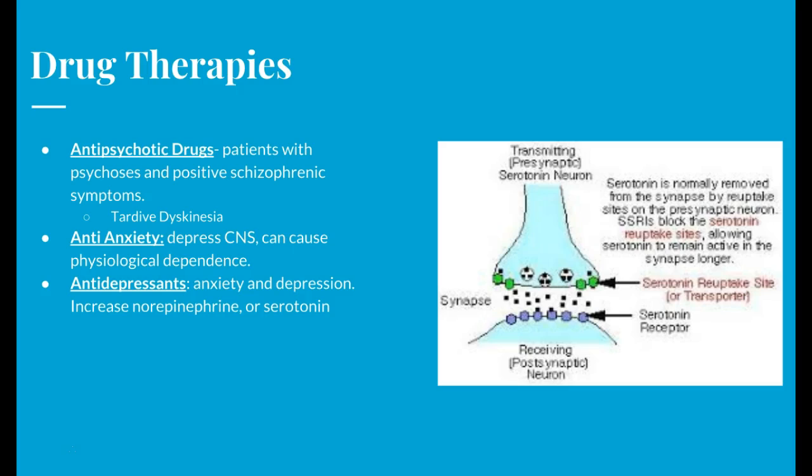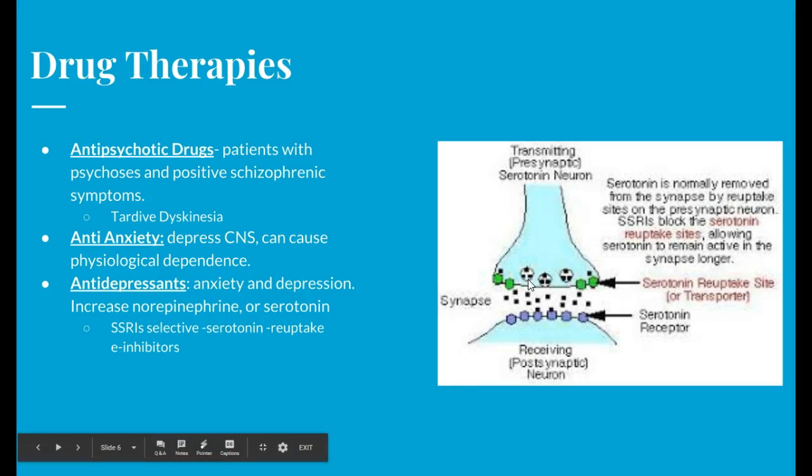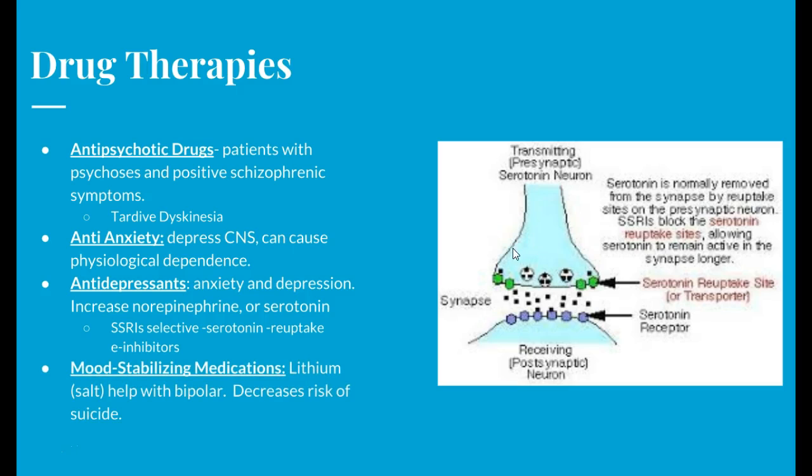Antidepressants help with anxiety and depression because they increase the norepinephrine or serotonin in the brain. The way that it does that is by an SSRI, which stands for selective serotonin reuptake inhibitors. Your neurons are releasing serotonin or norepinephrine properly, but those sending neurons are participating in reuptake. So these neurotransmitters, these little black dots here, are getting sucked back into the sending neuron, which means your brain is not getting the right amount of serotonin or norepinephrine. What the SSRIs do is block the reuptake buttons, so you can only pass it on to the receiving neuron,